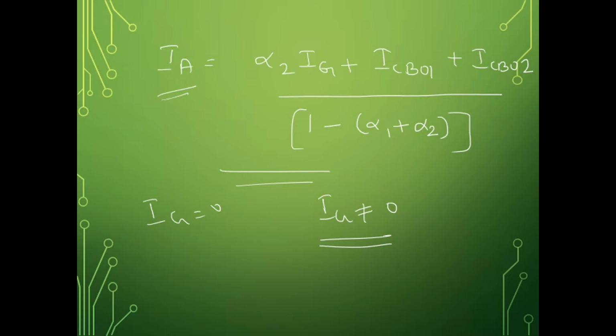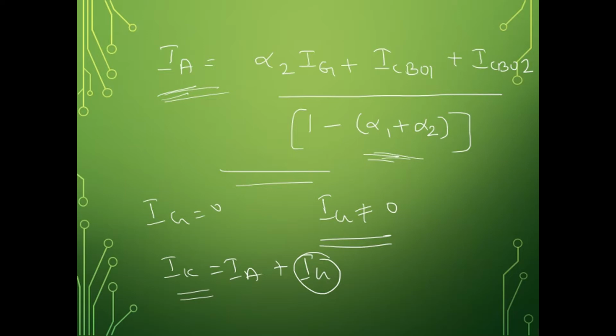When the gate signal is applied, obviously we have seen that IK is equal to IA plus IG. So if the gate current is increasing, obviously the emitter current of the second transistor will increase. If the emitter current increases, the current gain is going to increase. If the current gain increases, the anode current is also going to vary. This keeps on increasing, and even after that, if your gate signal is equal to 0, the thyristor will conduct.